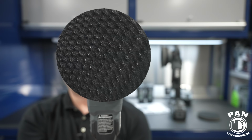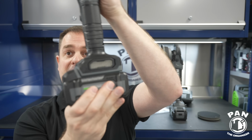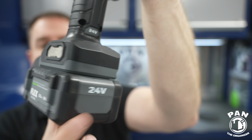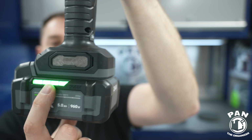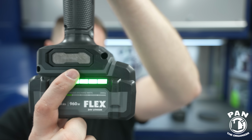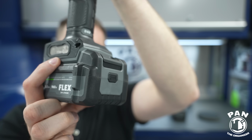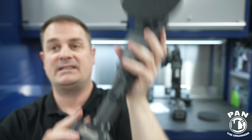So you're getting 20% more power thanks to the 24-volt lithium batteries. Once again, same thing in the box, you get 2 of these 5 amp hour batteries. You have the level checker right here, level button. This is fully charged once again. You get these filter screen meshes that you can remove with a flathead screwdriver and clean if needed. So 20% more power, 25% longer runtime, thanks to that Thermatech heat management that they talk about,